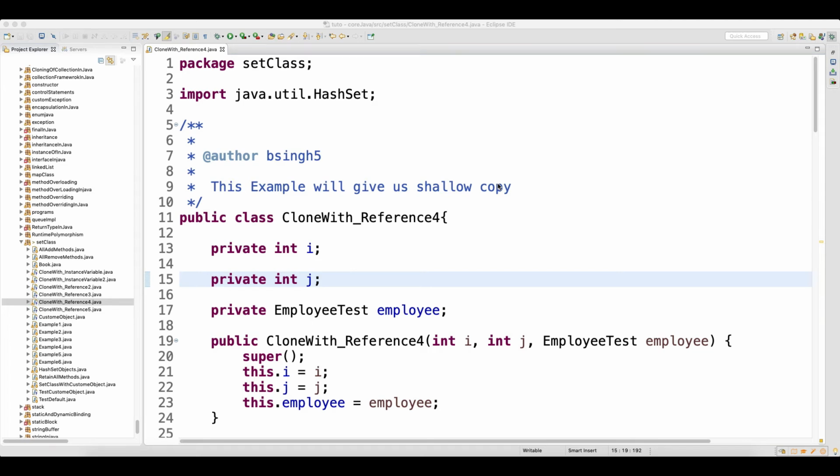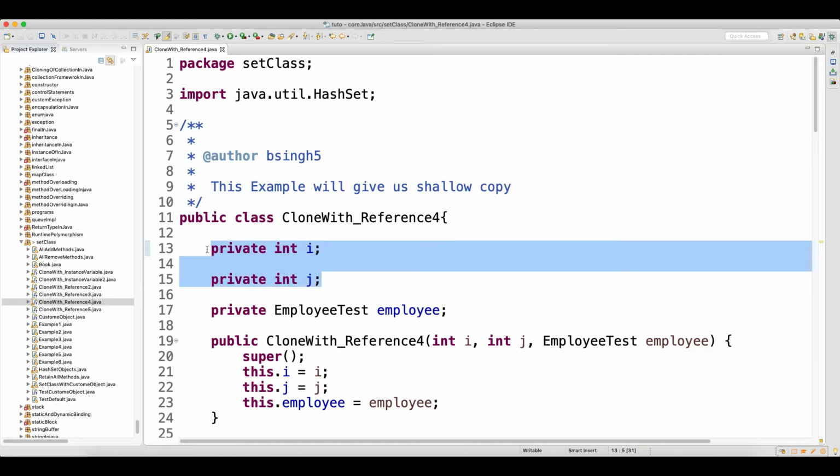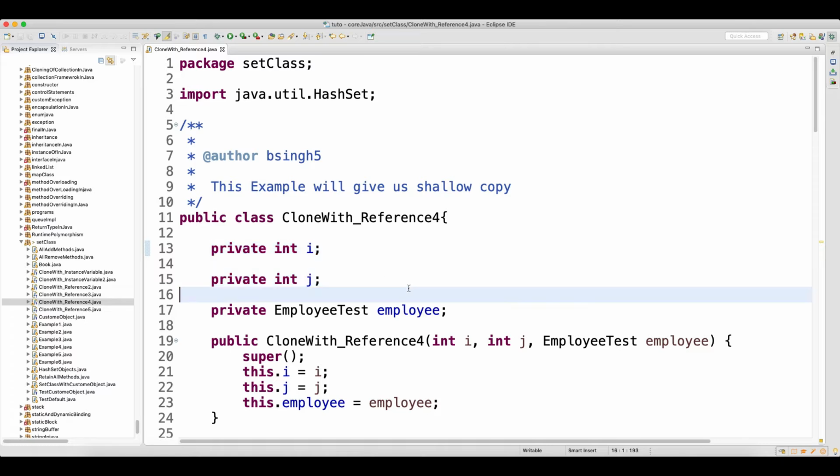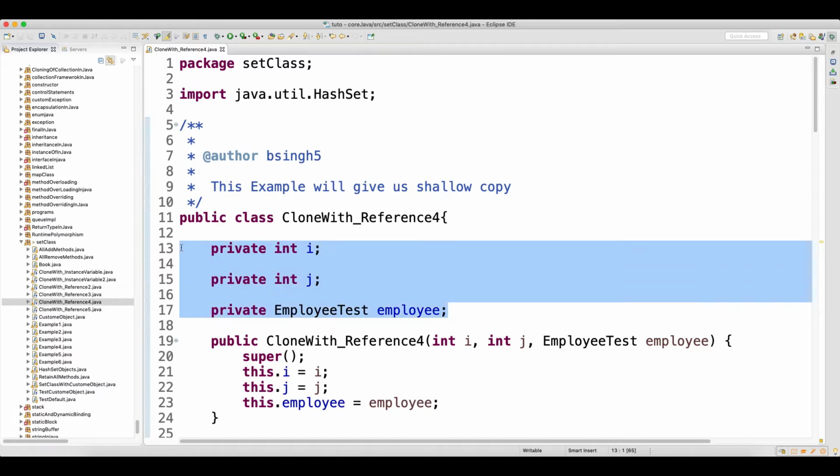Welcome back, guys. So this is again the example of shallow copy, but it has a little bit more steps than what we have learned in the shallow copy, because in interviews people will ask you multiple combinations of that and they will try to know your knowledge, right? So they will tell you, okay, fine, you have two instance variables of primitive type, and one you have a reference variable, right? Then they will ask you, what will happen when you just perform the clone? What will happen when you just perform the clone?